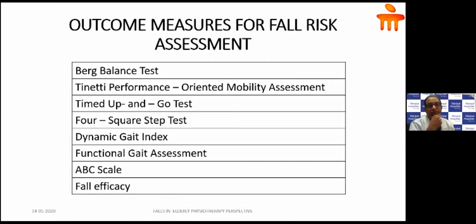And the four square step test and the dynamic gait index are very essential. In the four square step test, we place canes in a plus manner, a plus symbol, and ask the patient to go around from 1, 2, 3, 4, and then again in an anti-clockwise direction. If it takes more than 15 seconds to perform the test,